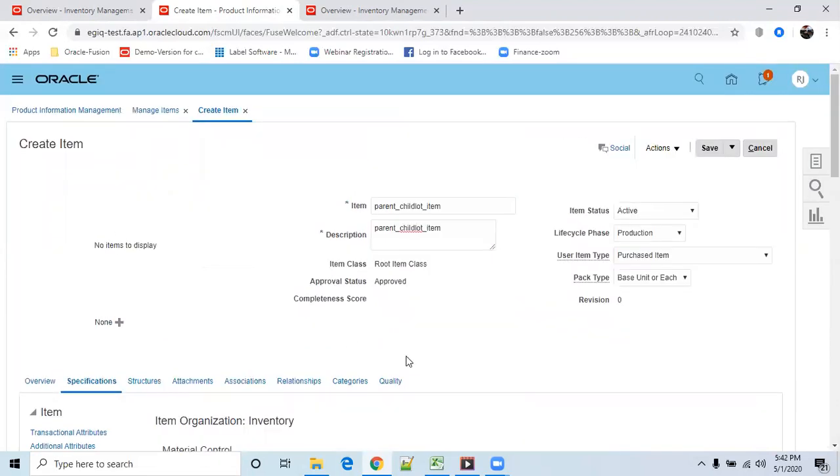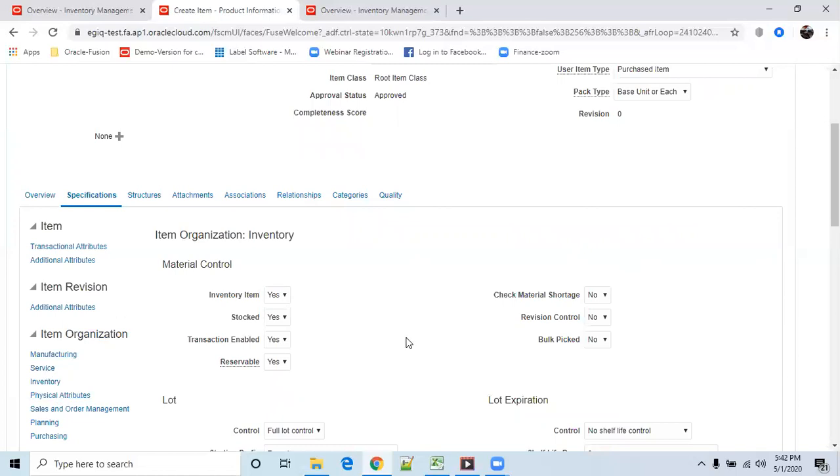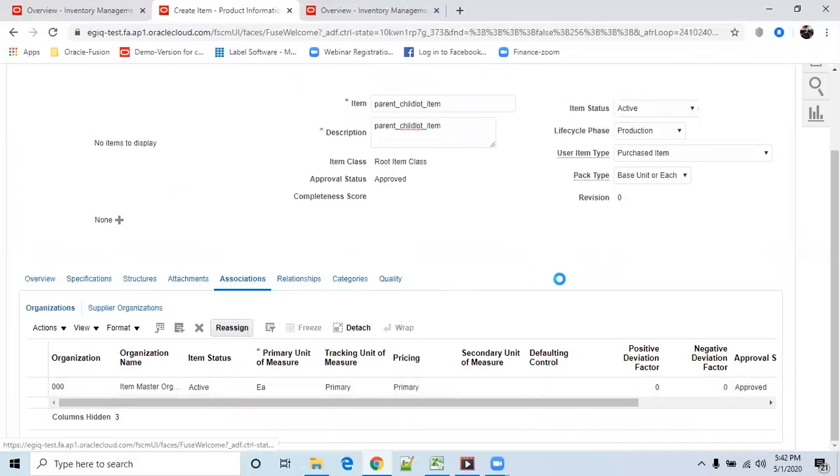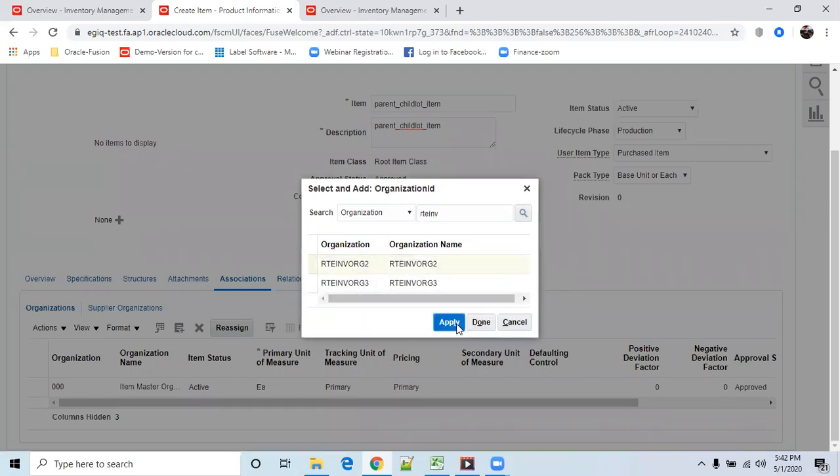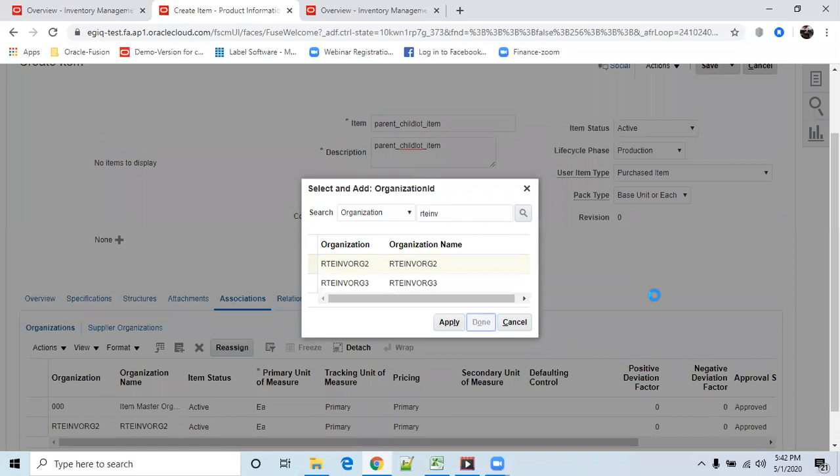Now I applied the rules at the master. Now I want to associate it to the inventory org. Click on place. Organization is TEINV. Okay.